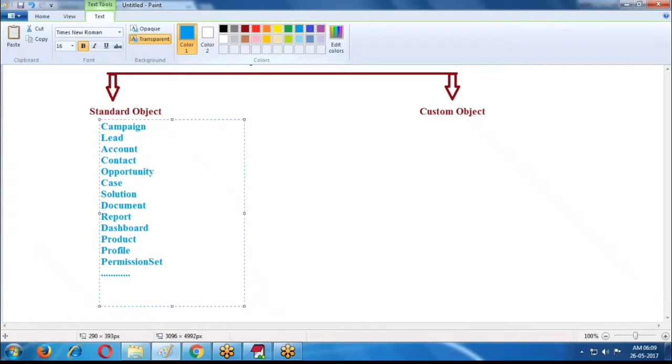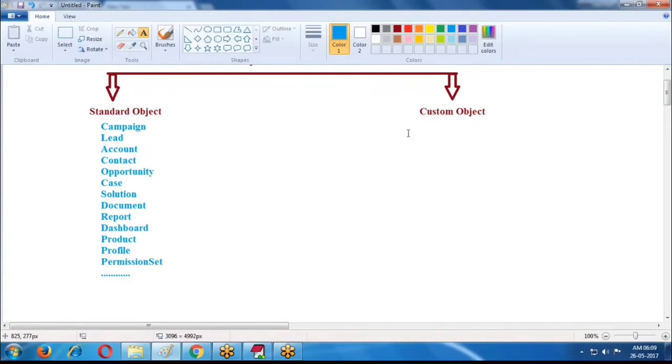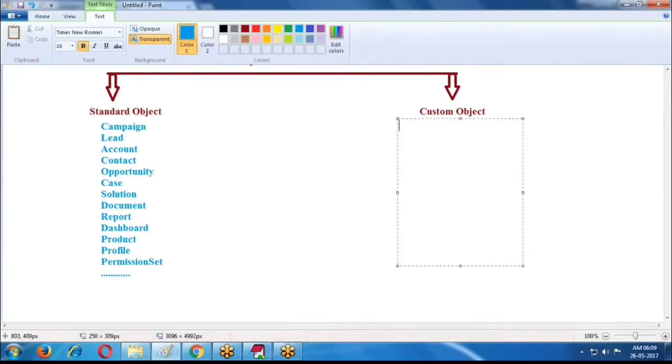These objects are called standard objects. What are standard objects? Whatever objects Salesforce provides, these are called standard objects. And we create some objects according to our requirement. According to the organization or client requirement, we create our own objects. Those objects are called custom objects, like